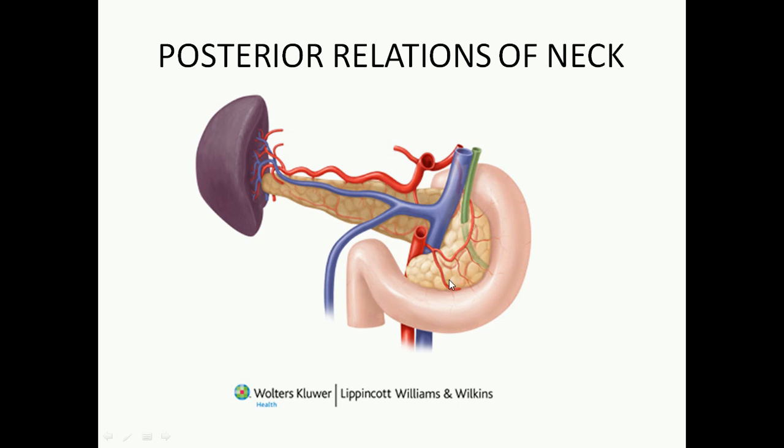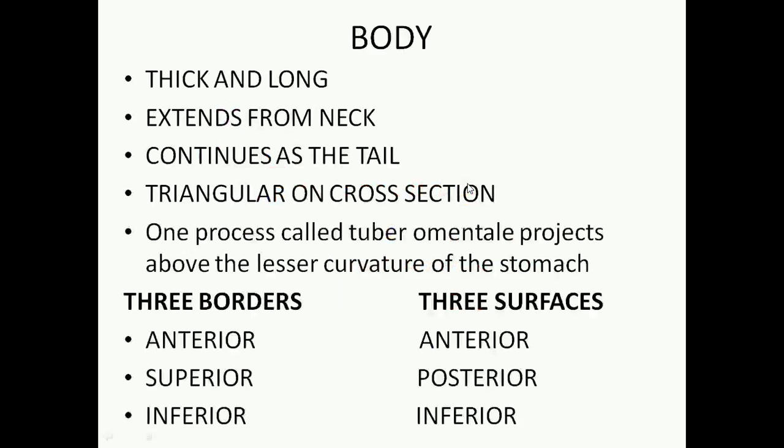Behind the pancreas, what you can find will be the portal vein. This is the formation of the portal vein, and this is the splenic artery that is seen all along the body of the pancreas. The splenic artery travels all along the superior border of the pancreas. This is an important landmark when you identify it in a cadaveric specimen. So the pancreas also contains the splenic artery on the superior border, which is an important relation. Along with it, this green colored structure that you see on the posterior surface of the pancreas is the bile duct.